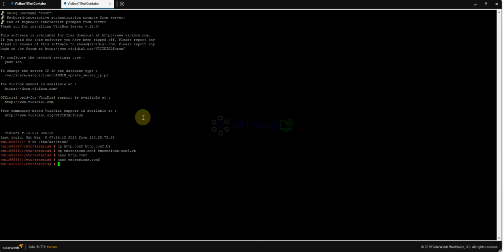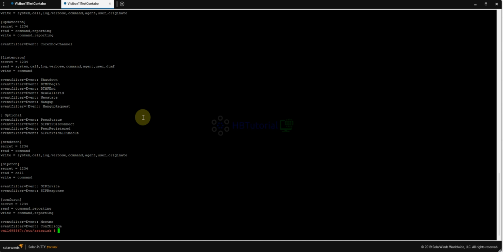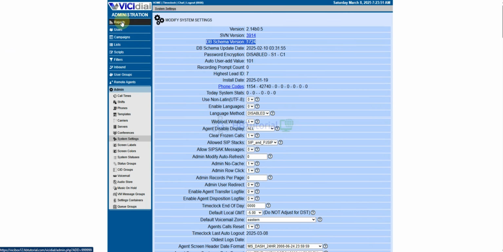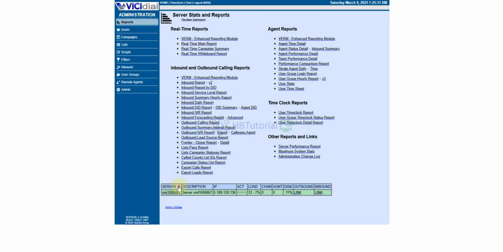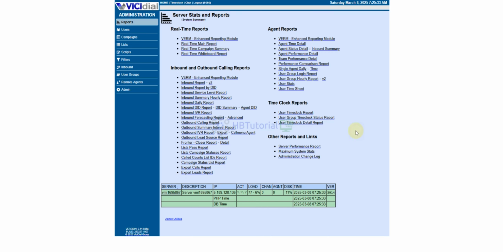Looks good. How about the asterisk manager? Yes, it's still there, so it looks good now. It means we have successfully updated our SVN from 3908 to 3914.